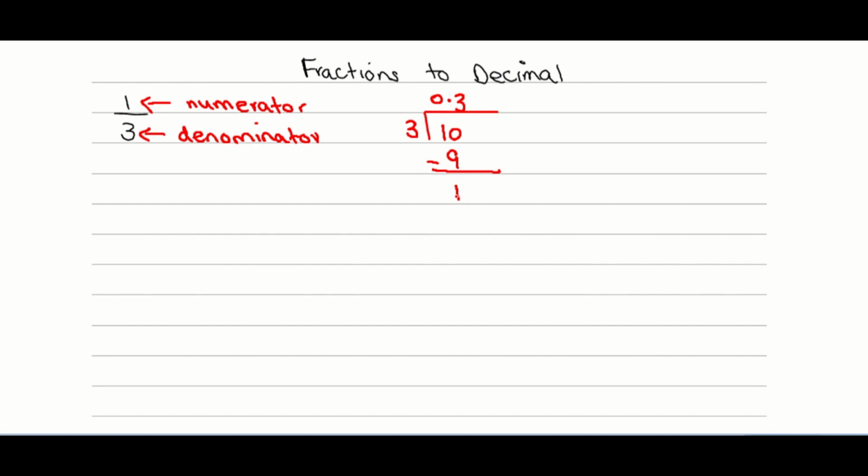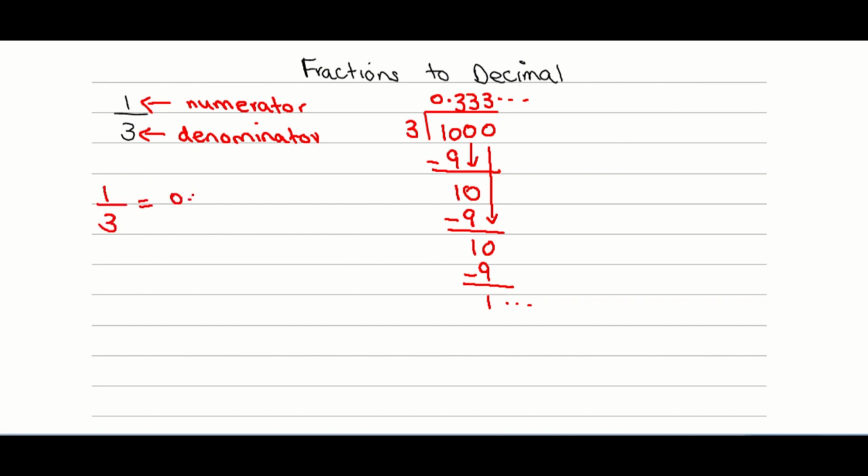So now again you have the remainder of 1, and this is again less than 3, so you have to put another 0. You move it to the bottom, and then you multiply 3 by the number that gives you something closest to 10 or equal to 10. So we again have 9, that is 3 times, and you write 3 at the bottom, and then you have 1 when you subtract them. Then you put another 0 and again it's 3 times, which gives you 9, and when you subtract them you get 1. And we see that the numbers are repeating. We are again getting 3, 3 and 3,